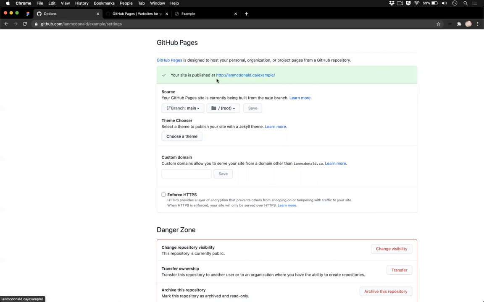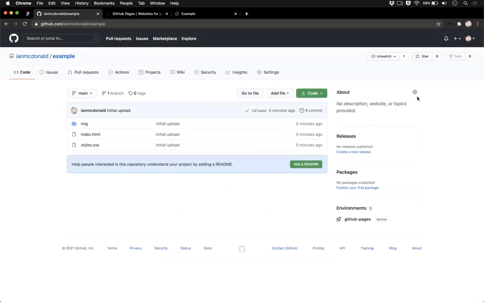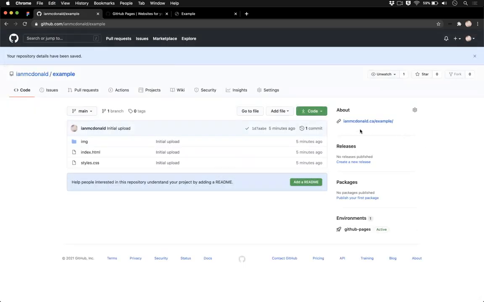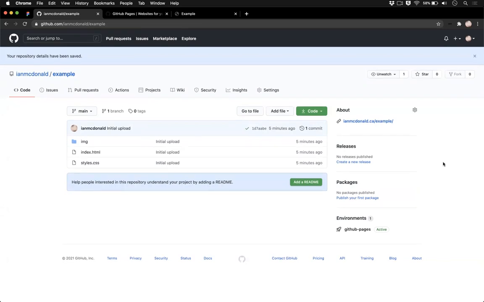What I like to do is grab this URL, copy it, and throw it into my about section. I'll put the website URL. You can see mine looks a little bit different than yours, just because yours is going to be like username.github.io/whatever the project is. Mine looks a little bit different because of a certain way that I have a custom URL set up on my GitHub account. Like I said, check out the other video, because I'll show you how to get a custom URL set up for your GitHub so that your homepage can be